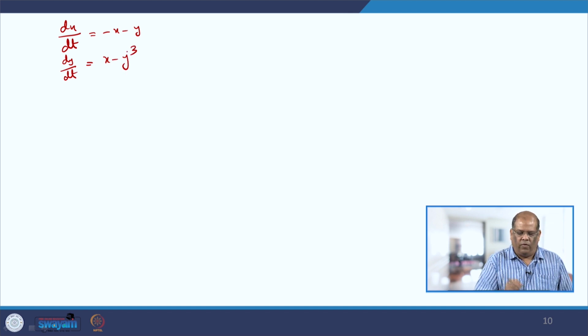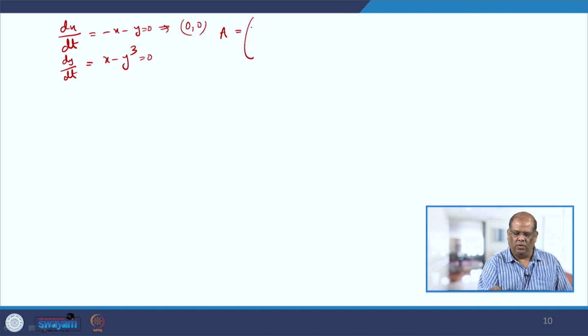So, the first example that we take, say dx/dt equal to minus x minus y, dy/dt is equal to x minus y cube. If you want to find the fixed points, you put this equal to 0 and this equal to 0, and one of the fixed points is your (0, 0), which you can see from here because it satisfies the equation. So, you find the matrix A,